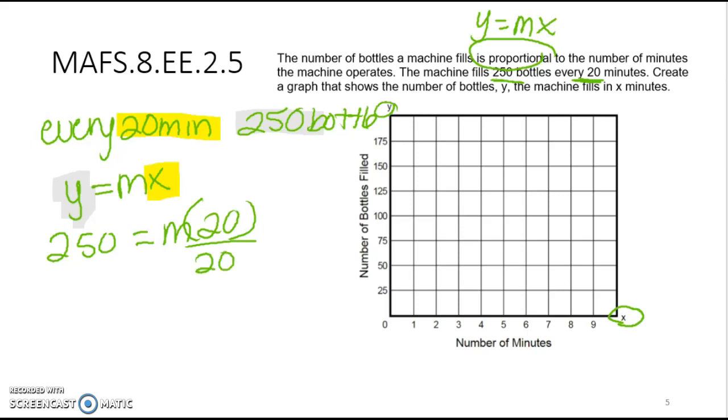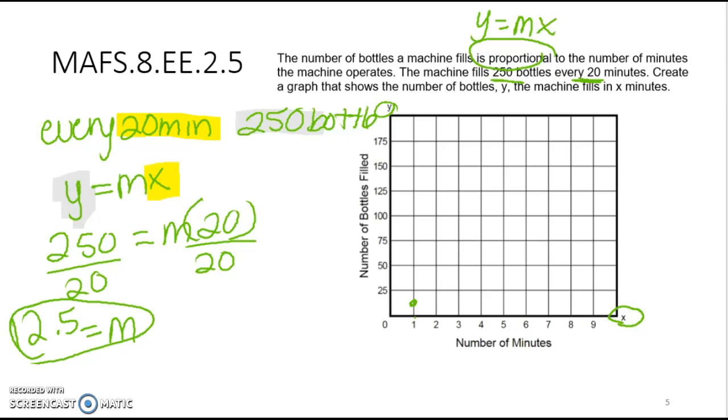Hopefully by now we know how to divide this and find m. So m, sorry, m is not meaning minutes. M means my rate of change. So if I divide that, I get 12.5 is my rate of change,